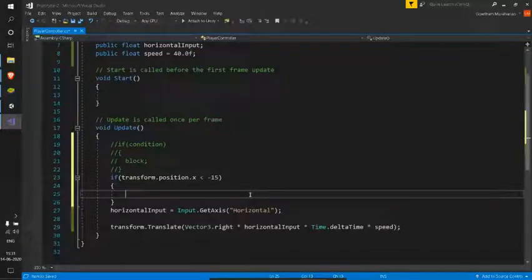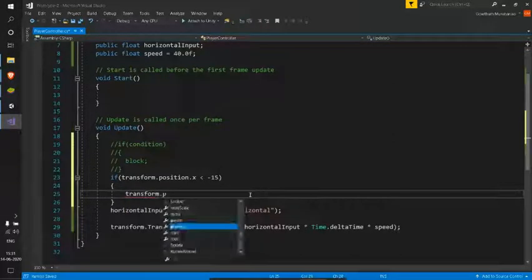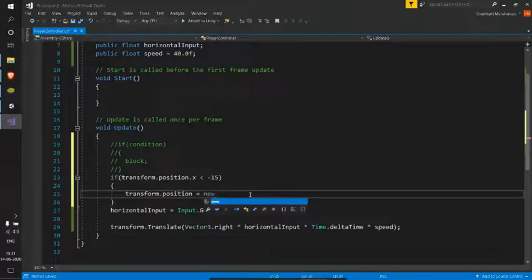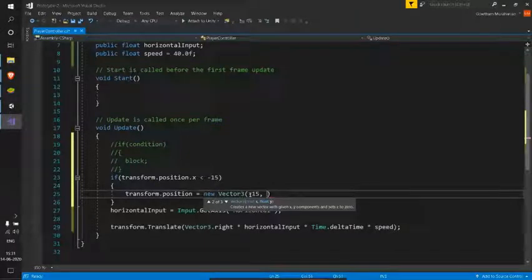If it is less than minus 15, I will reassign my player's position. So I'll take my position and I'll create a new Vector3. Here I'll be giving minus 15 as the position. So by this, say my player has moved to minus 16.